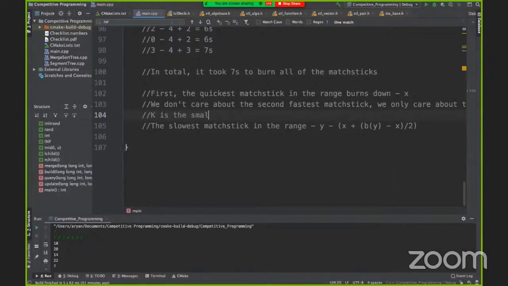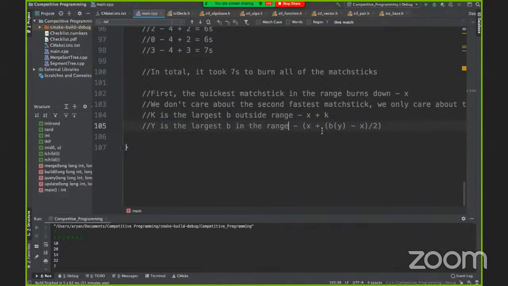K is the largest B outside the range, and Y is the largest B in the range.